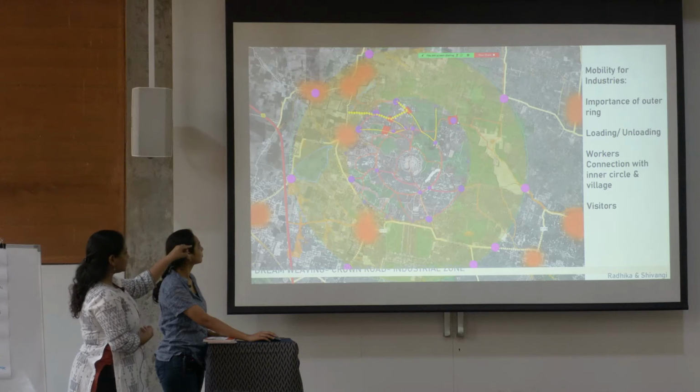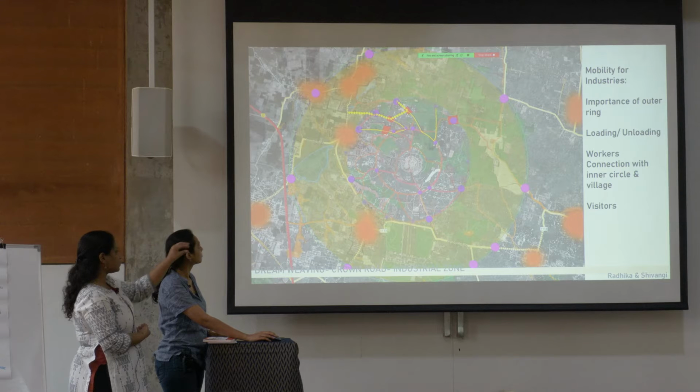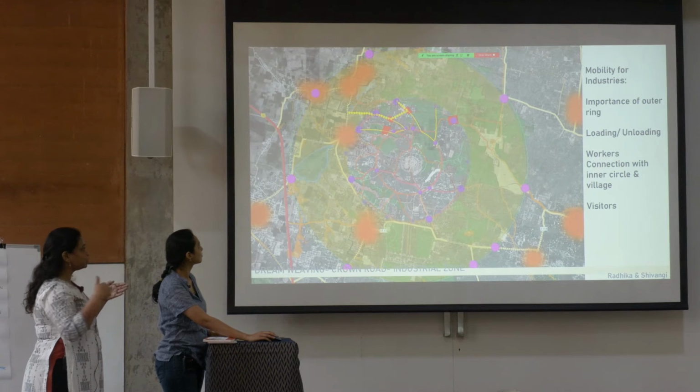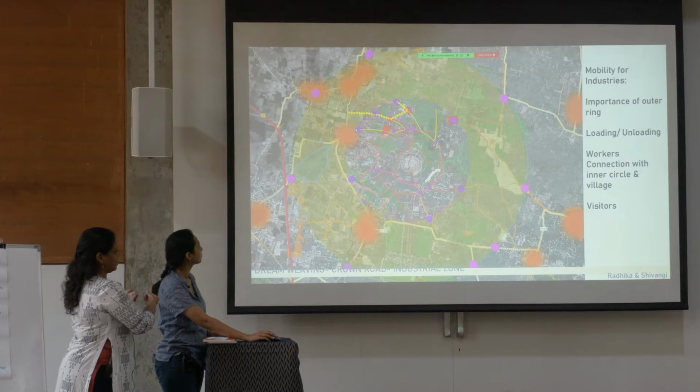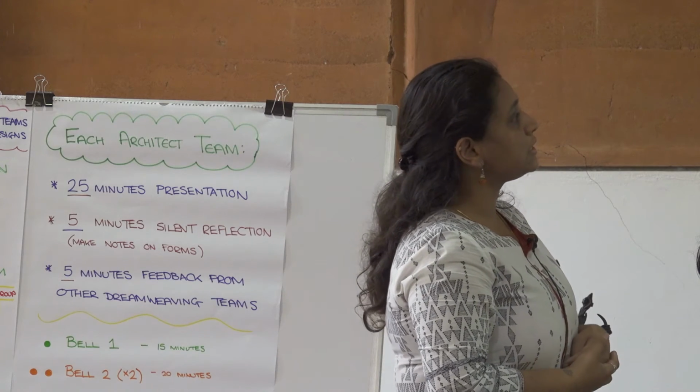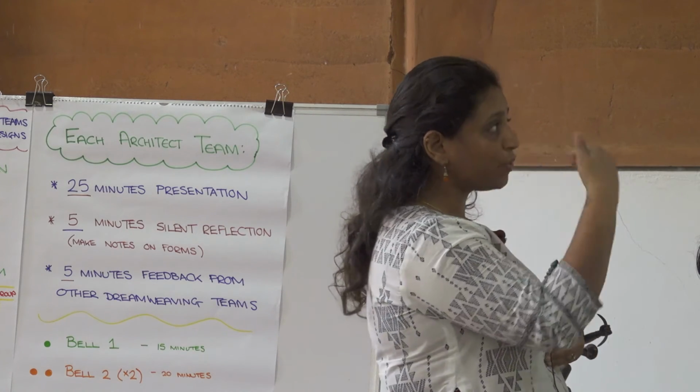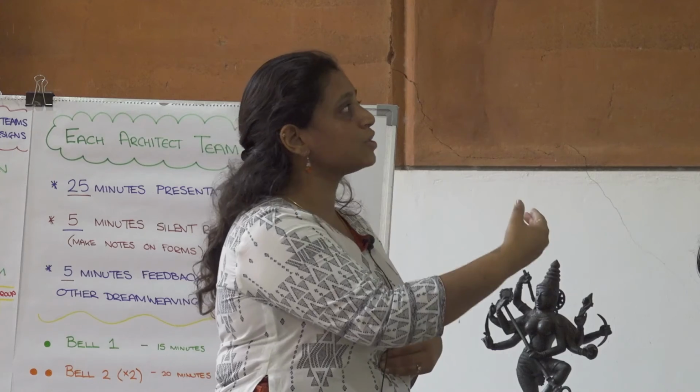Then we have the other purple color, which has the points where the roads coming through the green belt are connecting to the outer ring road. And then, of course, the current roads that connect us to the crown.